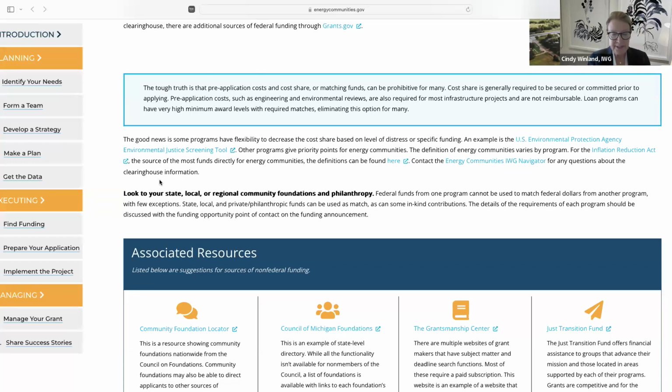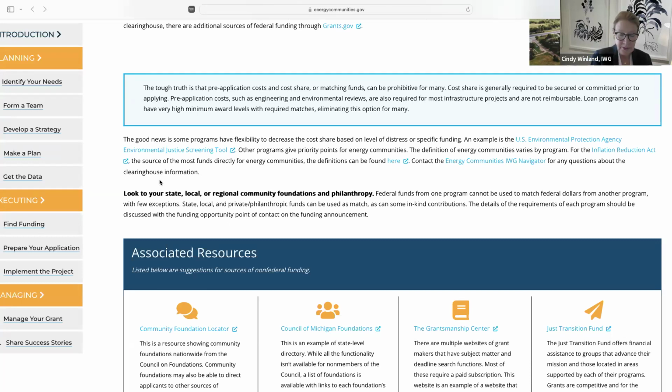having energy community status. Many agencies offer free technical assistance to help assess issues, determine feasibility, plan for construction, and justify your needs, but they will not write your grant. So when pen goes to paper, not happening. Some funding options are community foundations that often can fund grant writing or cost share. Philanthropy also plays a role in this.